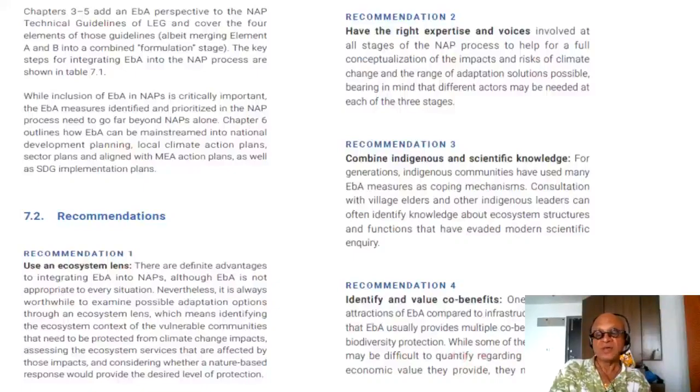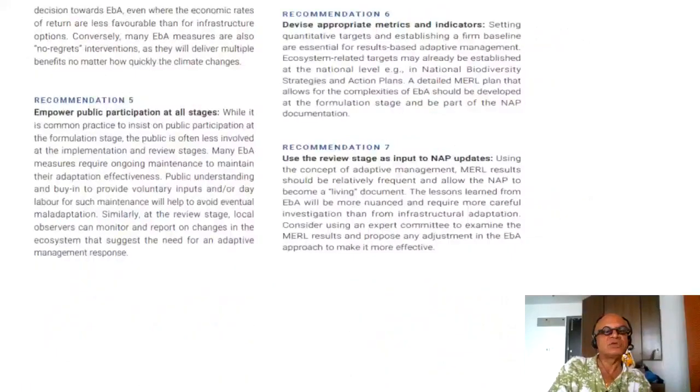While some of these co-benefits may be difficult to quantify regarding the additional economic value they provide, they may sway the decision towards EBA even where the economic rates of return are less favorable than for infrastructure options. Conversely, many EBA measures are also no regrets interventions, as they will deliver multiple benefits no matter how quickly climate